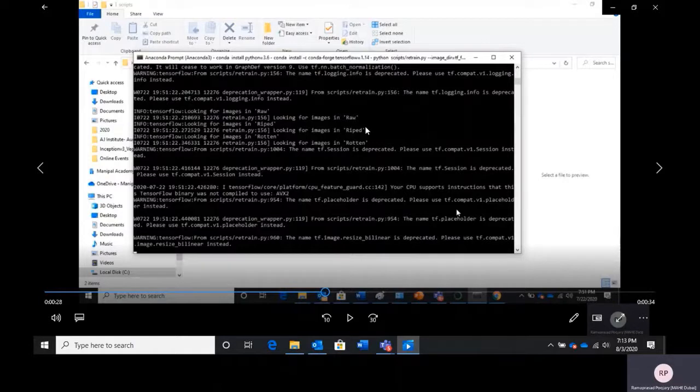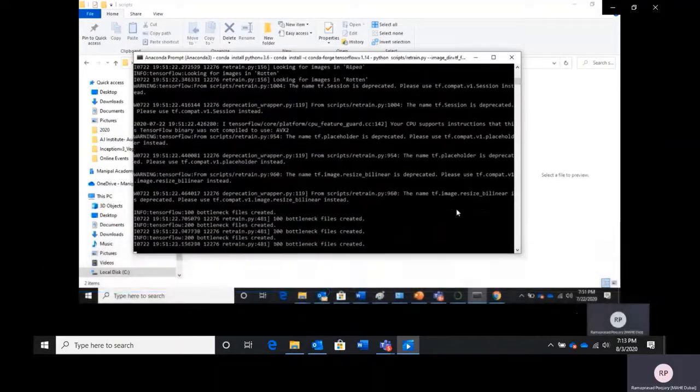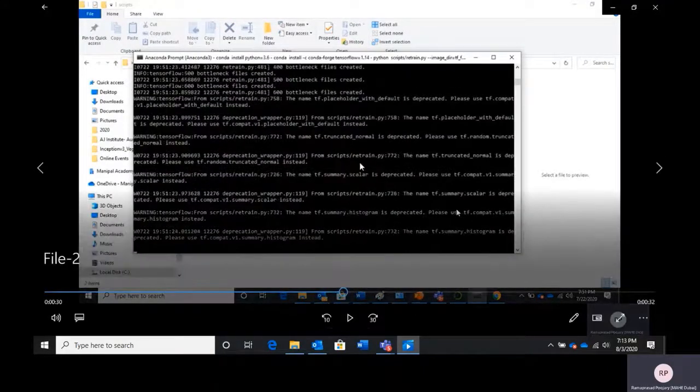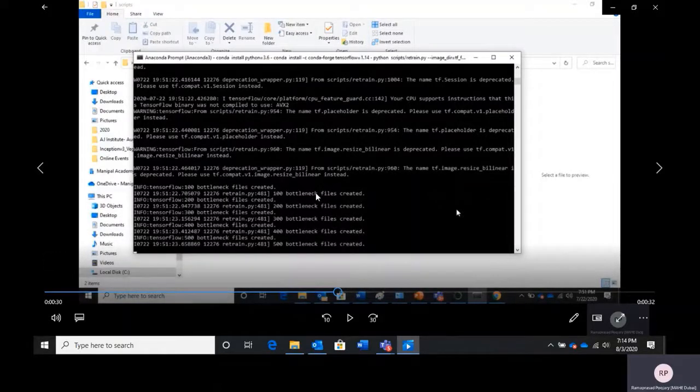The weights are already frozen, and with these frozen weights, features will be extracted, and at the end of this, the bottleneck files will be created, as you can see here. These bottleneck files will have the features. That means these bottleneck files will act as an interface between the feature extraction and the classification part.